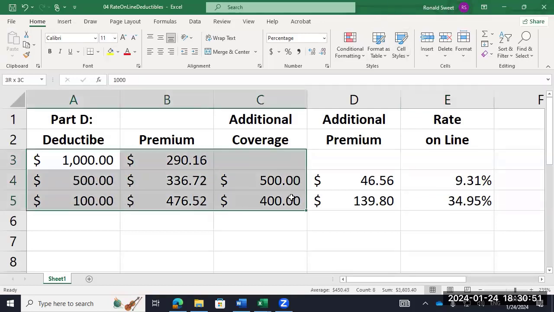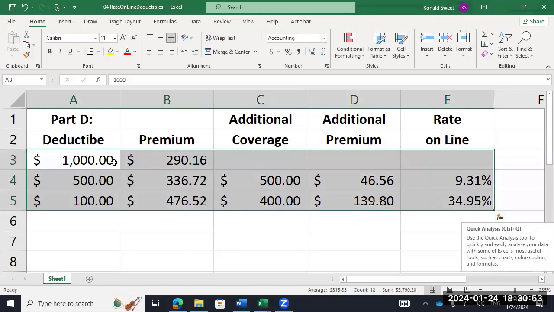So if you do this, you'll probably get a phone call. But you can do this for your deductibles. You can do it for Part A, especially. You'll be amazed how cheap Part A is. Part A is the liability coverage.